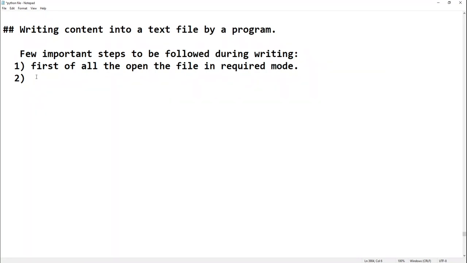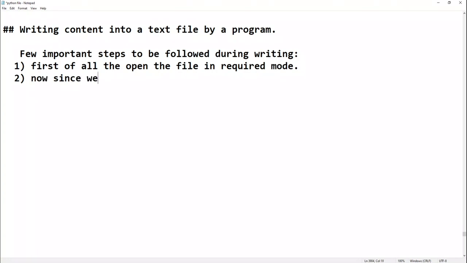And one more thing: if in your software you want users' feedback to be stored, in a text file or document file, in one single file, you should open in append mode. Of course, feedback and reviews will be stored in some file. So that is the importance of this portion of the subject. Open the file in required mode.